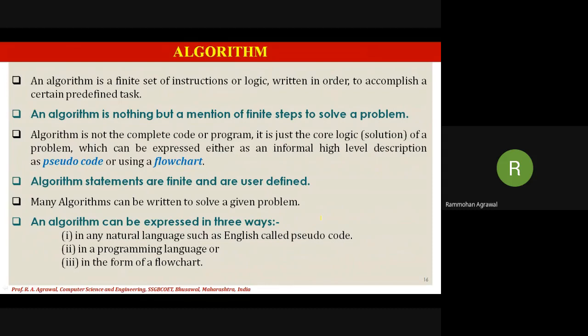Somebody will write in 2 steps only. First they will write step number 1, area of a circle equals pi r square. Here take the value of r as input; the value of pi is a constant already known. They will take the value of r, that is the radius, as input, calculate r square multiplied by pi, and that is your answer. So in 2 steps they will get an answer, in 6 steps they will get an answer.